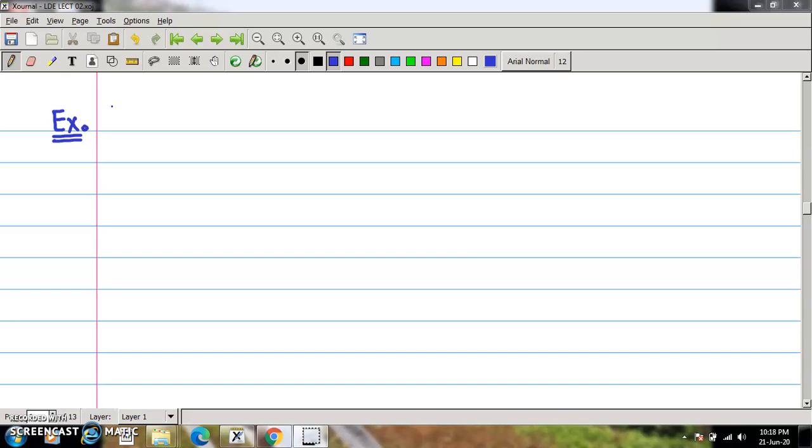Hello friends, let's discuss one more example on the general method to find the particular integral and solve a non-homogeneous linear differential equation with constant coefficients. So we consider (D squared plus 5D plus 6)y is equal to e raised to x. Here our f of x is not in standard exponential function form.